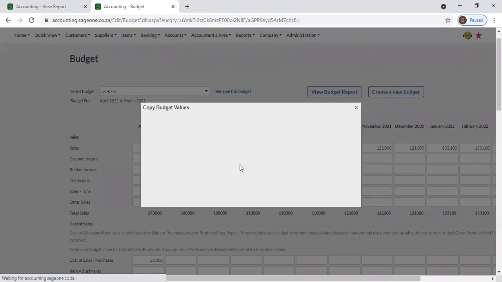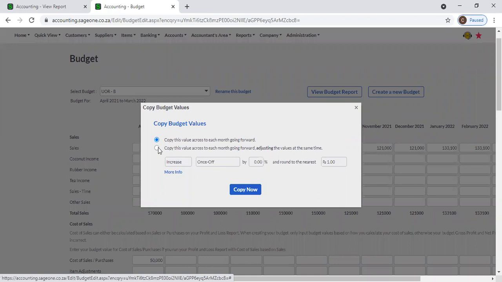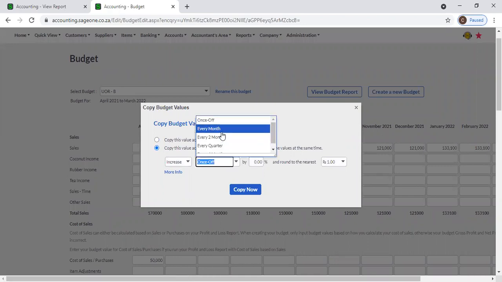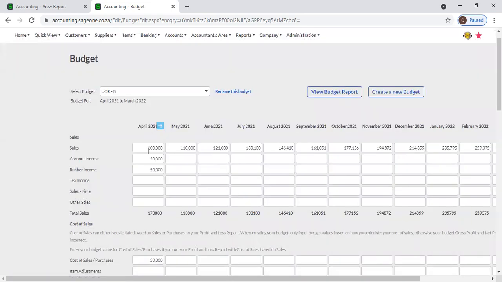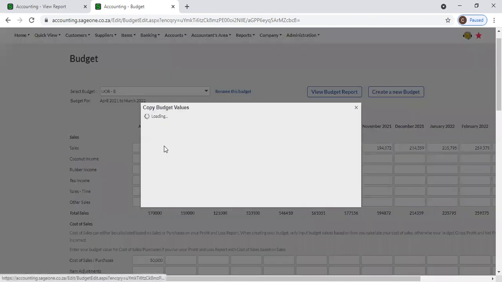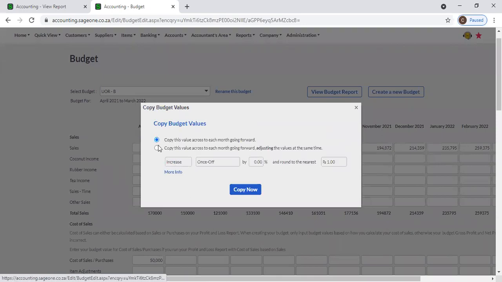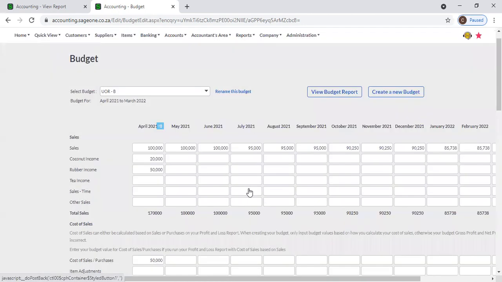And if you want to increase monthly, you can select every month and you can enter 10% here. Then you can see every month it is increasing. And if you want to decrease, you can select decrease from here, every quarter by 5%. You can see every quarter that amount is decreasing. Like that, you can copy